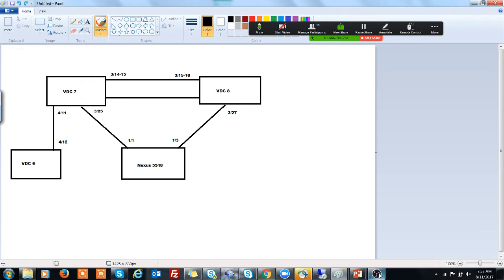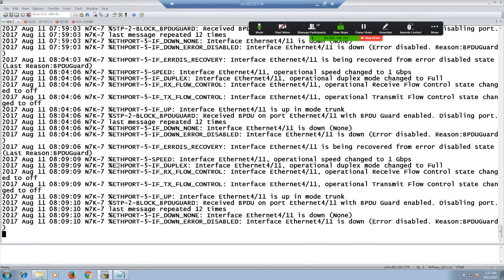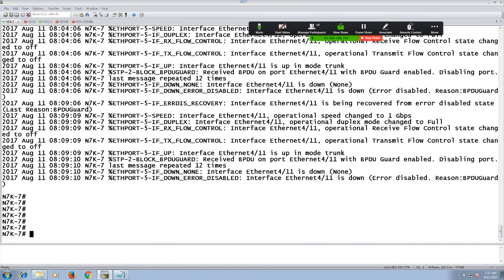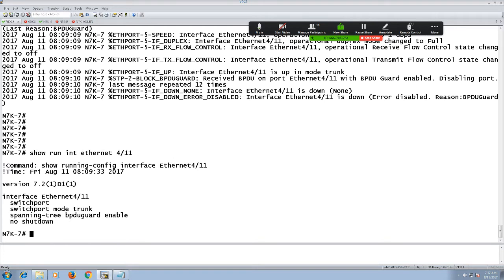So now in that context, if I go back to VDC number 7 and apply it on the interface, if I go to show run interface Ethernet 4/11, let me first of all disable it. Usually we do that by writing the command disable over there.